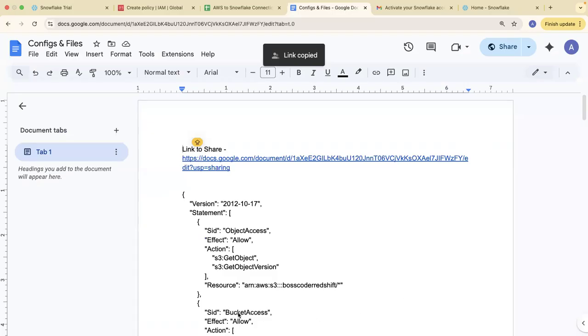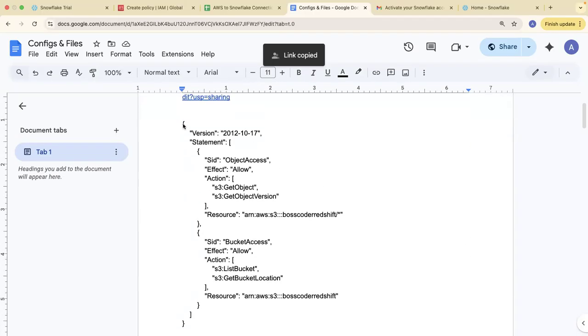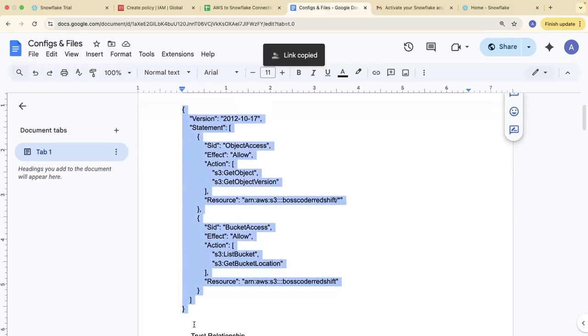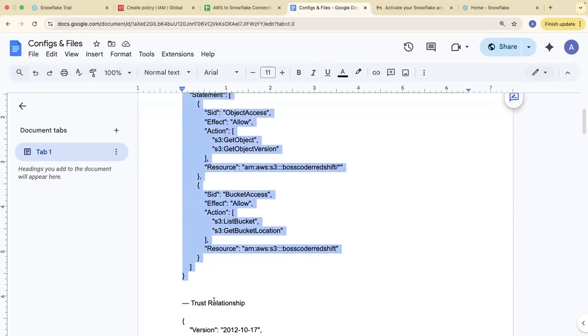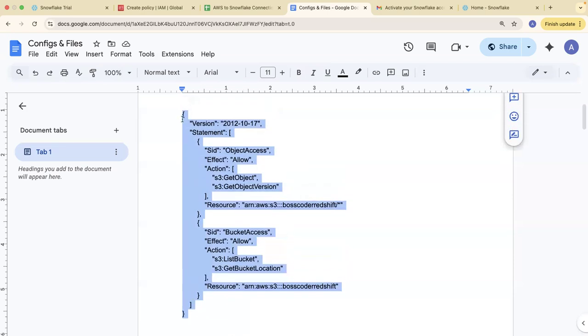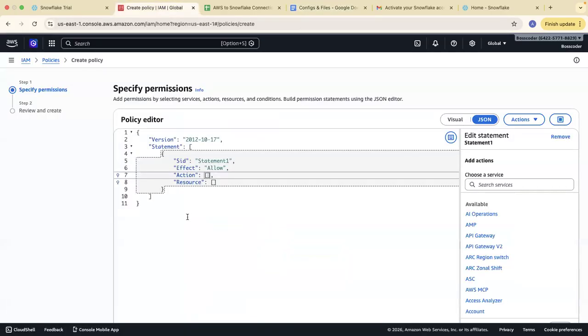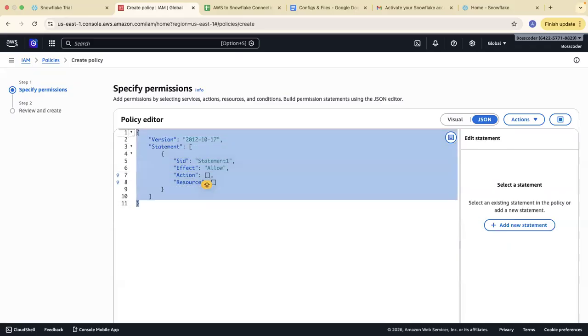You have to simply go to this URL that I have given in the chat, and you have to copy this much, from this curly bracket to this curly bracket. You have to only copy till, or you can say before, trust relationship from version. You have to copy this and go to your same policy editor and paste it here.